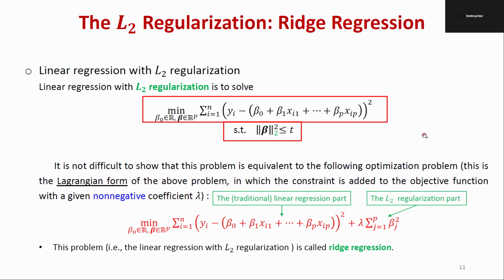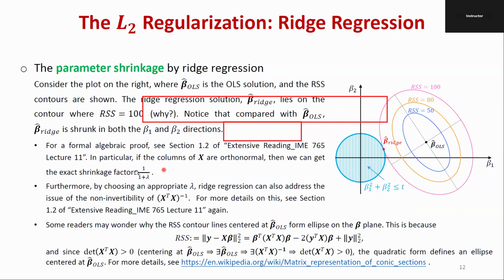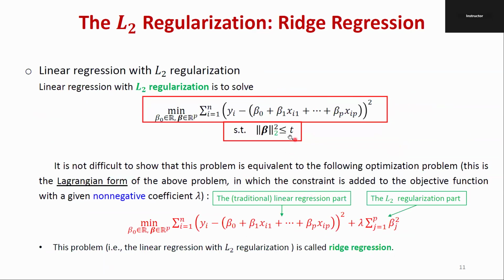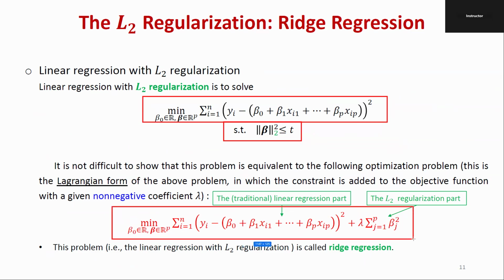Why? Because this problem is a convex programming problem, and it's easy to show the Lagrange form of this problem, which is nothing but moving the constraint up into the objective function and adding a lambda parameter. This lambda is related to this t. I believe I showed an example calculation in the extensive reading of how to convert this lambda from t, but just to let you know, this lambda is associated with this t. And then this problem becomes, let me just add a box here, this problem becomes an